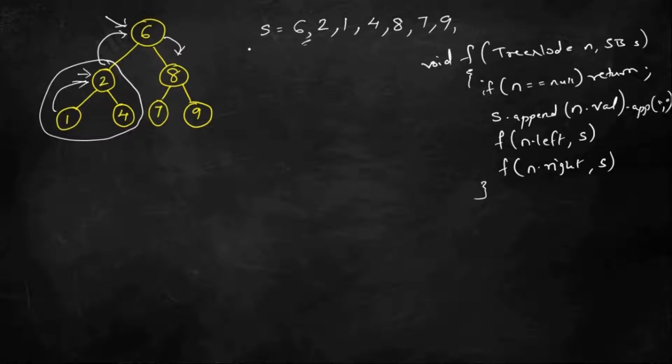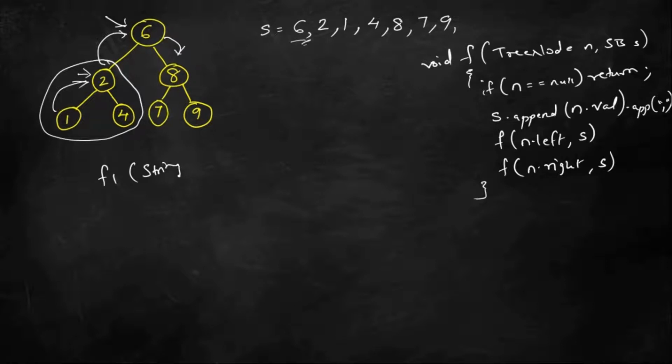Okay, so my final string will look like this. So this will be my serialized form of the tree node. Now how can we deserialize this? To deserialize also we can use the same function, that is, the same recursive logic. So my first element will be root, that we know. So let's say here function f1 is the deserialize logic.